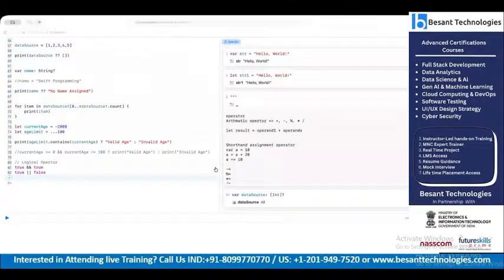So coming to the next topic, conditional statement. Before that, do you have any doubt on the last session? No, not as of now. Okay, let's go to the